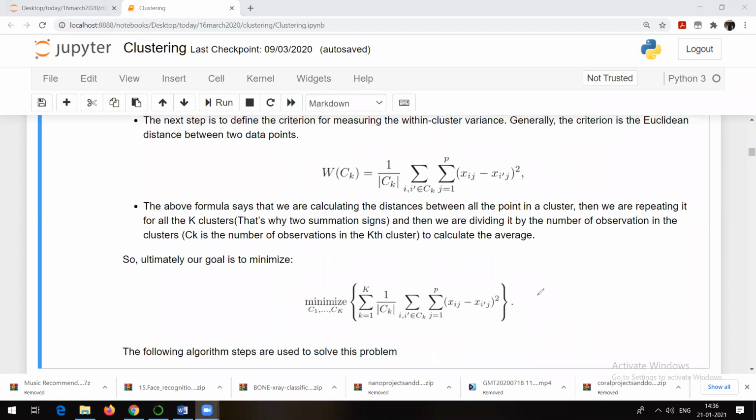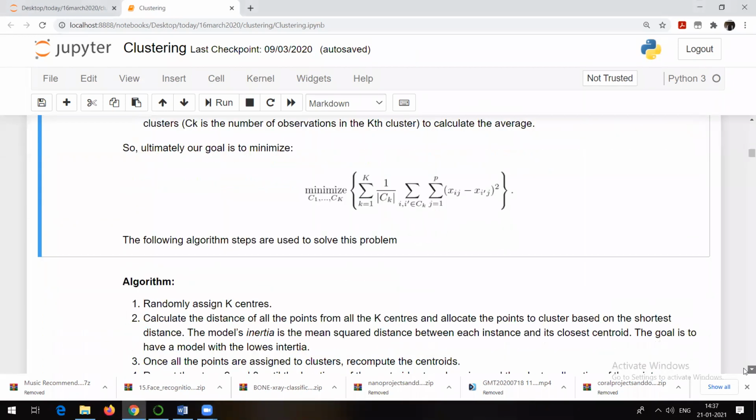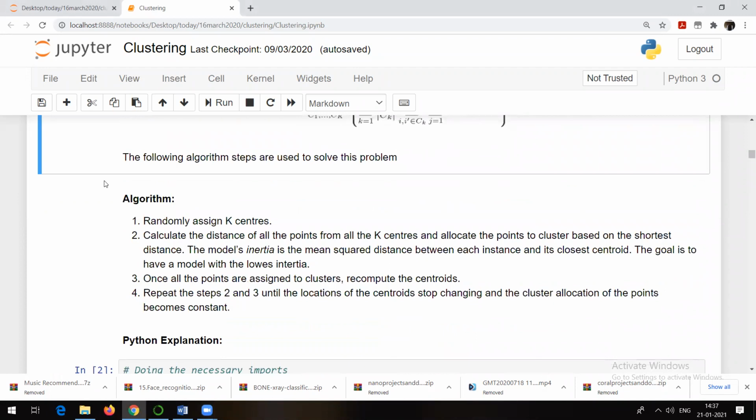So I'm talking about this particular thing. Elbow method is the method which can be used to find out the value of k in k-means. From the start itself, I was saying that you should not worry about the k value, and I told you that it should be given by the user. So yes, the elbow method is the one which is going to help us find out the k value. How? That's what we are going to talk about. This is what we have seen in the last session.